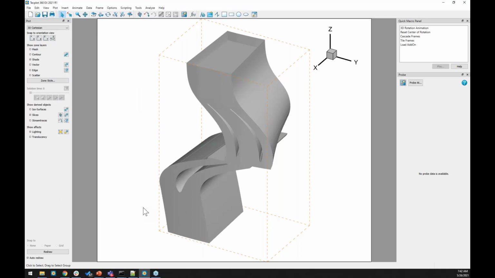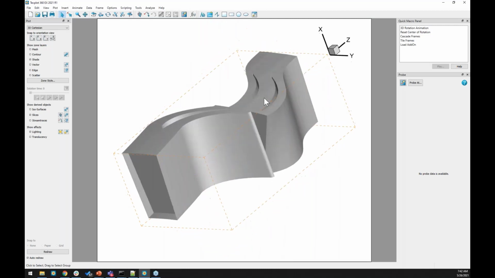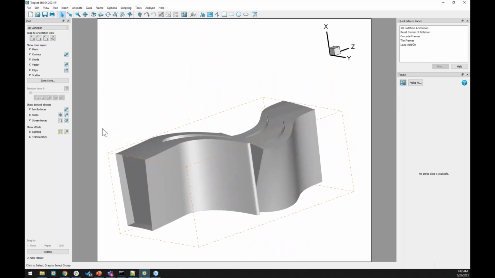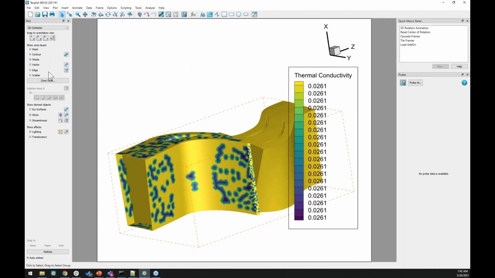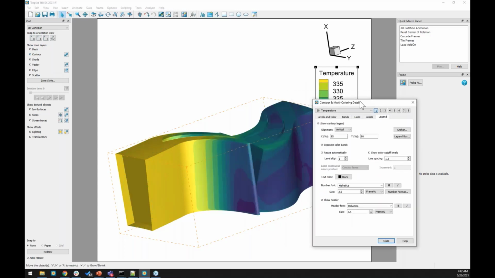One of the great things here is with connected mode, I can not only do my work in a scripted manner, but then I can also come back and continue my work right here in the GUI. So let's just set up some plot style here. We'll turn on the contour layer, go to temperature,